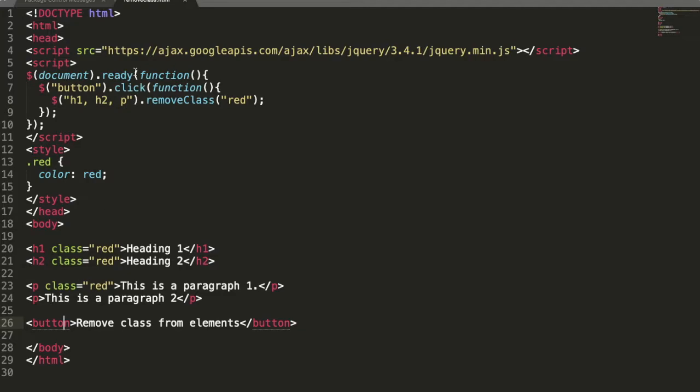By the on click event, if you see here, I took one button. Here I am taking the on click event on the button. So whenever the user clicks the button, then H1, H2, P meaning paragraph, in those elements I am using the removeClass method.